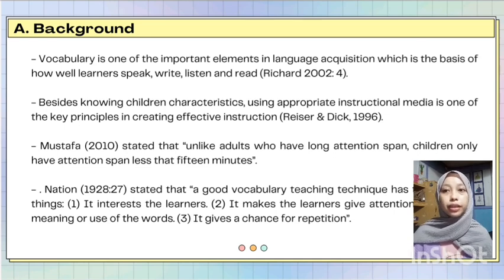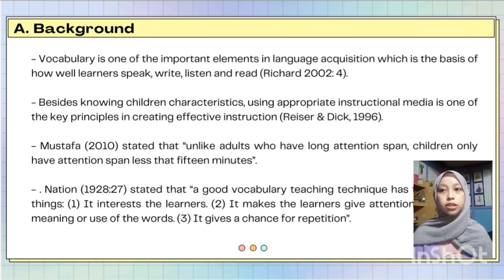So attention span can be seen when children pay attention to learning. It means that children get bored more easily and do not focus on learning. Therefore, teachers should prepare appropriate learning media to help young learners stay focused on learning, especially in teaching vocabulary.